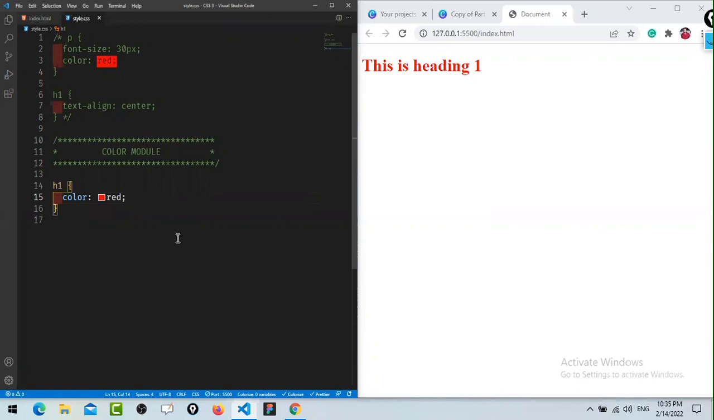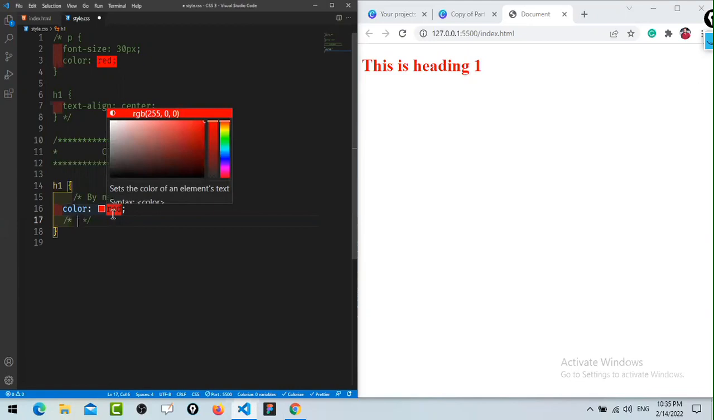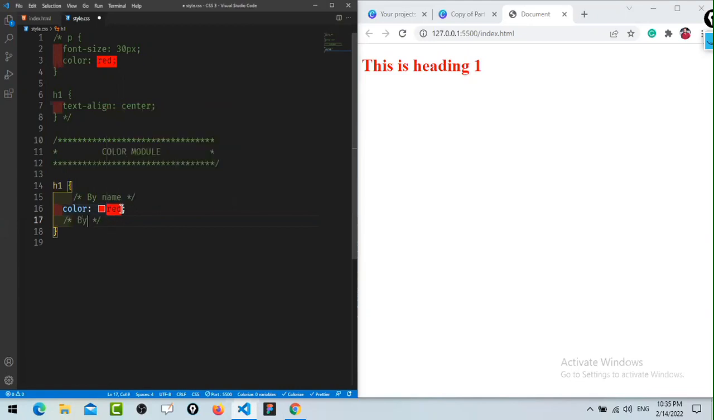Okay, I will show you. So first way is that you can write directly by name. Second thing you can use here, color property we know. Just if you want to apply color, use color property. First way is directly you can write name. Another way here I'm going to show you by